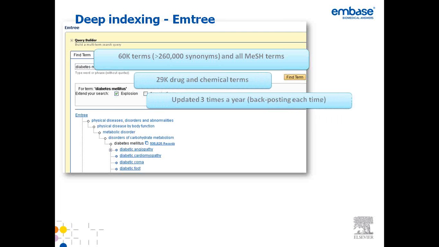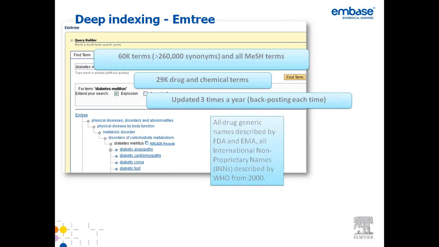So as new trade names come into the market, for example, or indeed changes in thinking, perhaps we have feedback on a particular tree, maybe it's a disease tree, and we have feedback that it doesn't comply with your understanding, then we will investigate. And those kind of structural changes tend to be made once a year, whereas we are adding new information, new terms 3 times a year, and these come from many sources, but this is an example: